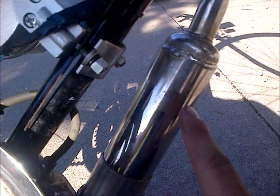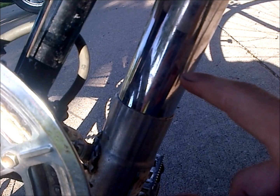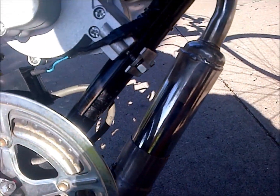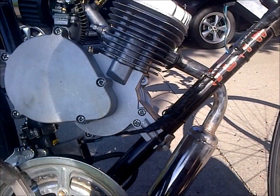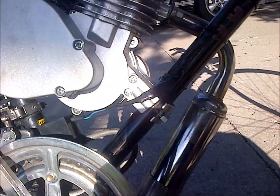But then anyway, I drilled a hole and sunk that nut down in there and welded it in. Not that big a deal. And then again, I have the spark plug tapped into it. I got a few more holes drilled inside my baffling, but what I'm thinking is there's just too much baffling and not enough fuel flowing through these two strokes. But anyway, I'm going to go ahead and